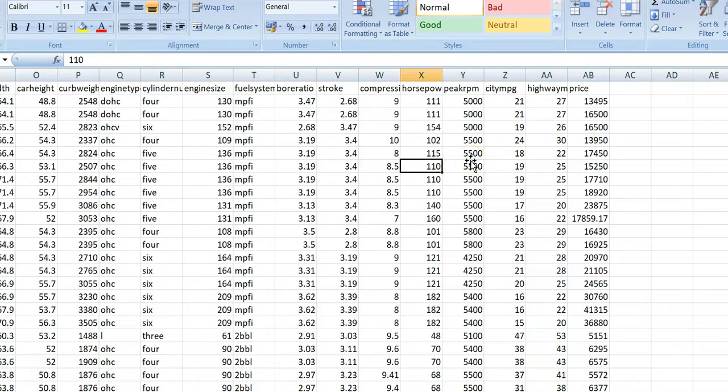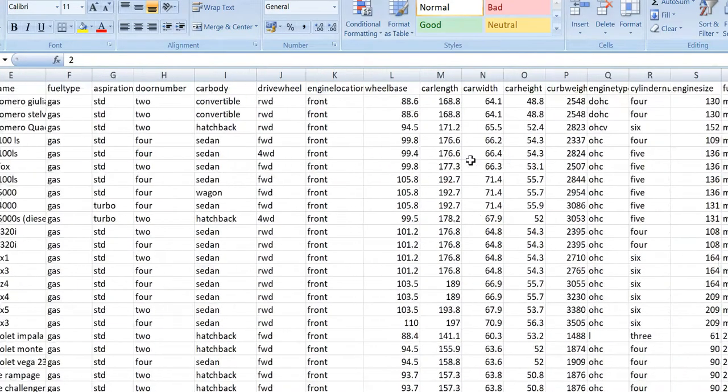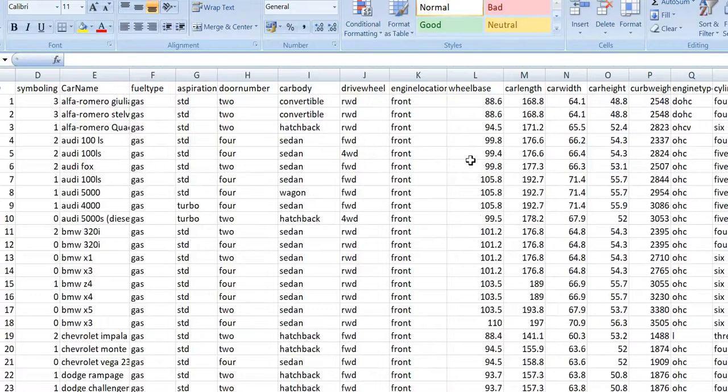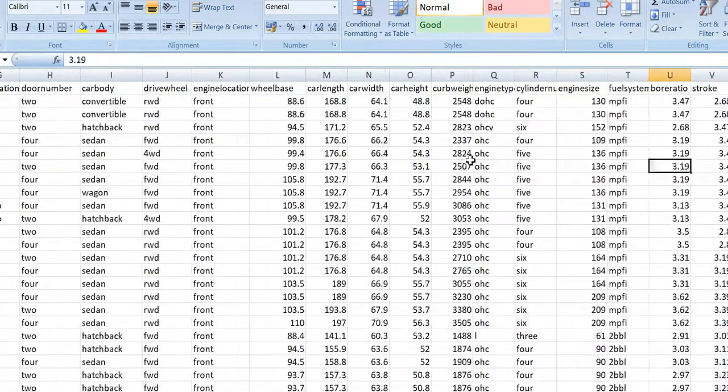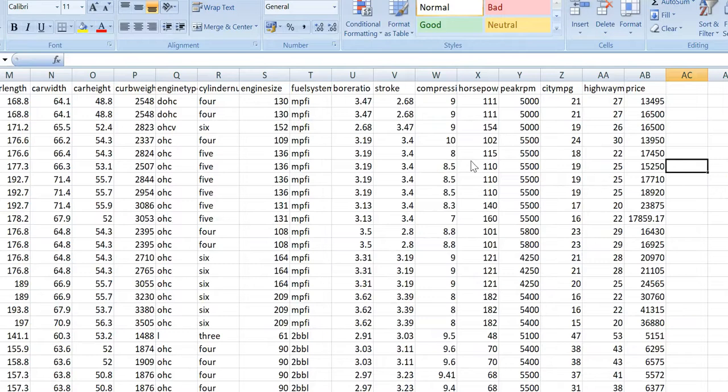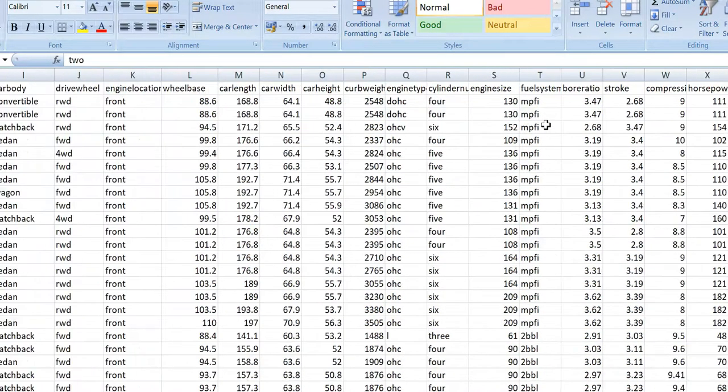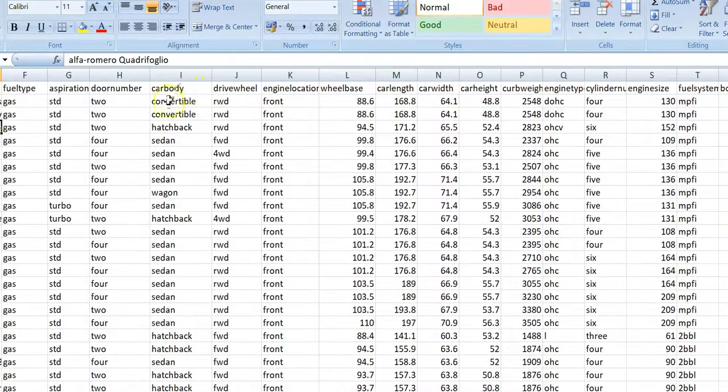Basically our objective is to find out any insight that we can get from this data considering the price. We want to find out what factors actually impact the price, and also whether there is any relationship between the various variables in various columns. Suppose I want to know which factor my car price depends on. Is it the car body, or the drive wheel, or the length of the car, etc.? This is what we are going to do here.